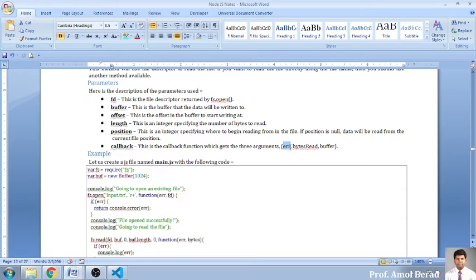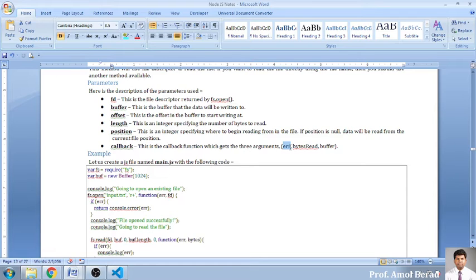So you have to keep in mind, whenever you are working with reading a file, you have to be very specific with these options. So these are the 6 parameters you have to pass whenever you are reading a file, and these 6 parameters are used in fs.read. Now we'll go for one simple example where we'll be reading this input.txt file in a very systematic way. We'll not use readFile directly. We will open a file, and after opening it, we will read the content which is added into that file.